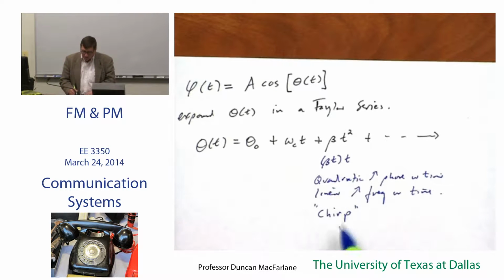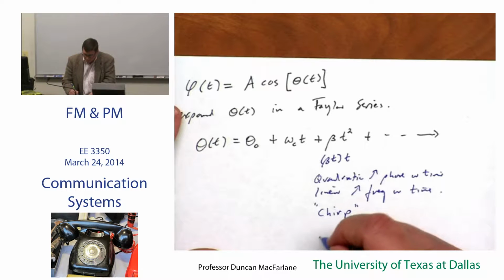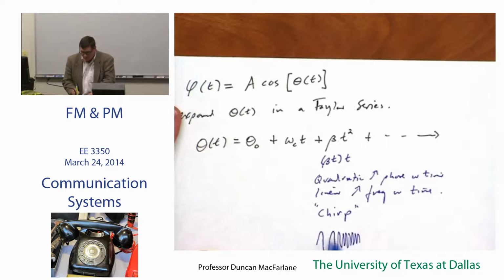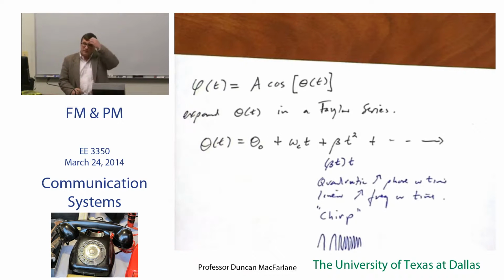So if I plotted this frequency, it could start out slowly and then get very quickly higher, and the rate of change of this would be linear. Okay, and you can see how that's